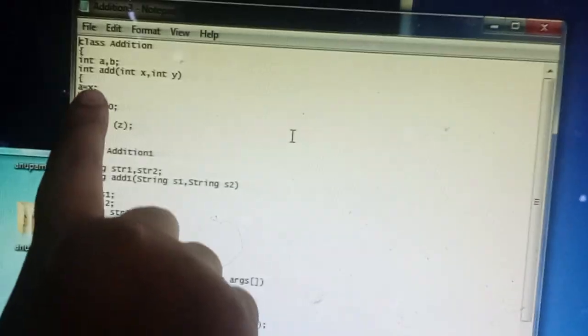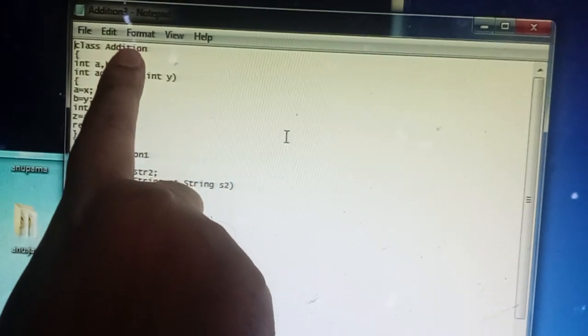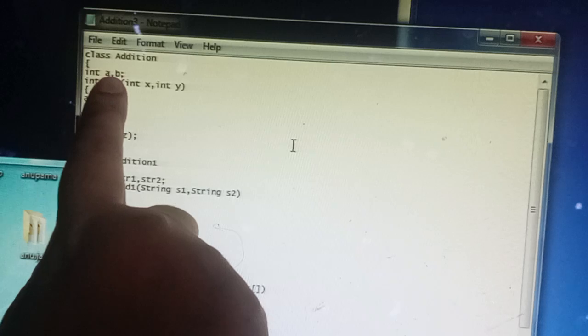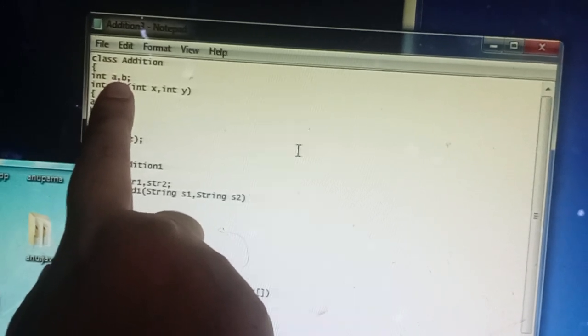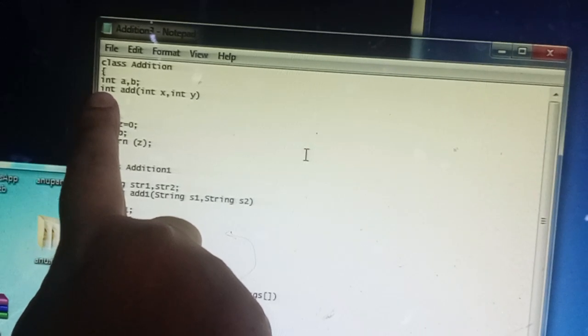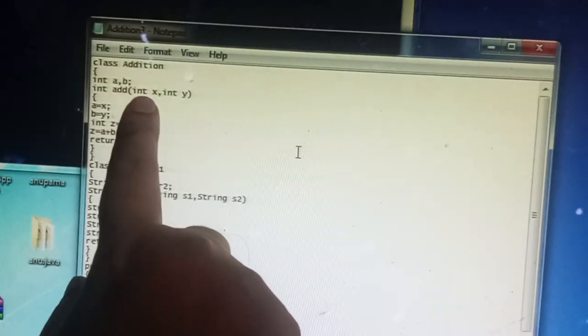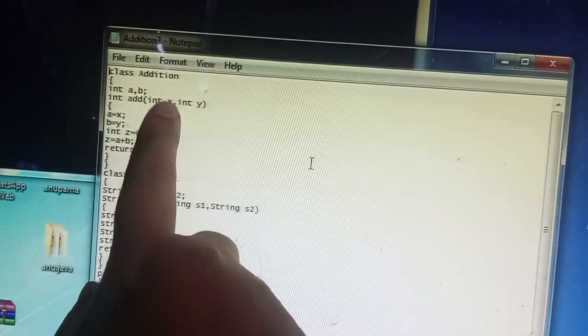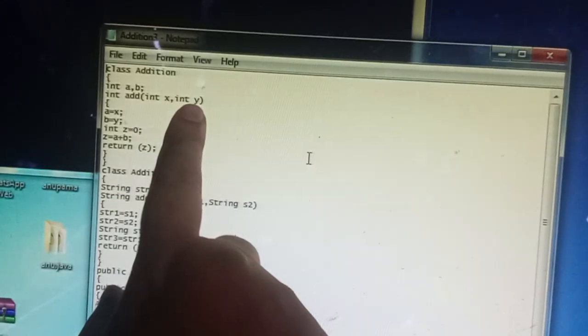So in this addition class I have declared only two variables of int type and a function of integer data type, and for that I have given two parameters, integer x comma integer y.